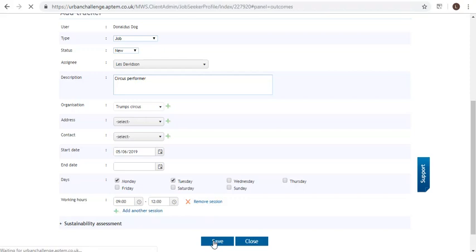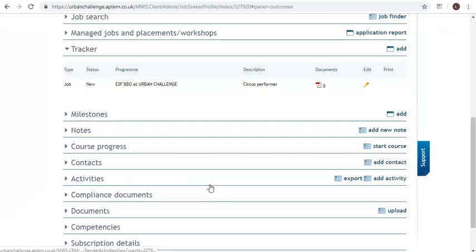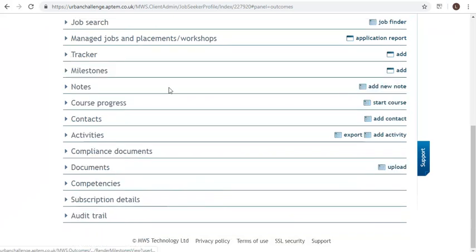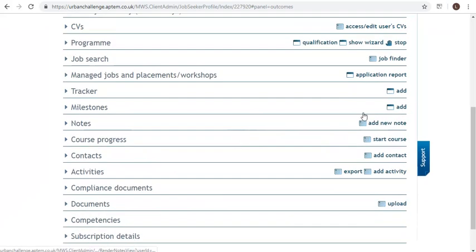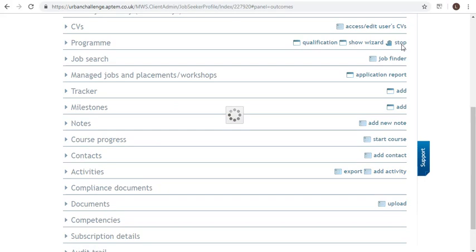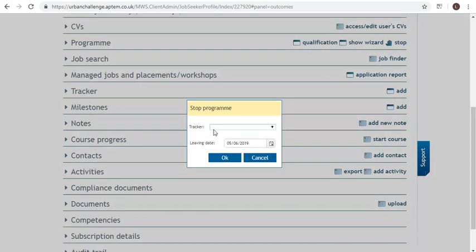And it's busy saving. There we go. And you'll find that he has a new job as a circus performer. It's there in Tracker. Now what we've got to do is stop. Big hand, stop. Okay. When it finally comes up, you've got a drop down there on the stop program window, little box, and that's what he's going to do, and that's the leaving date, and we press OK,